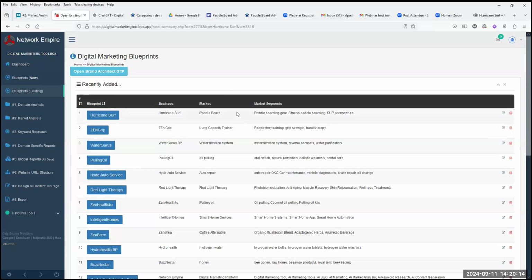Galaxis is our black box. So if you check here, we've done Hurricane Surf. There's the brand. We started off with Paddle Market, which is paddleboards, and you can think of it as the cast net that we threw out to see if there's any fish. We just quickly went in there. So when I click on Hurricane Surf,